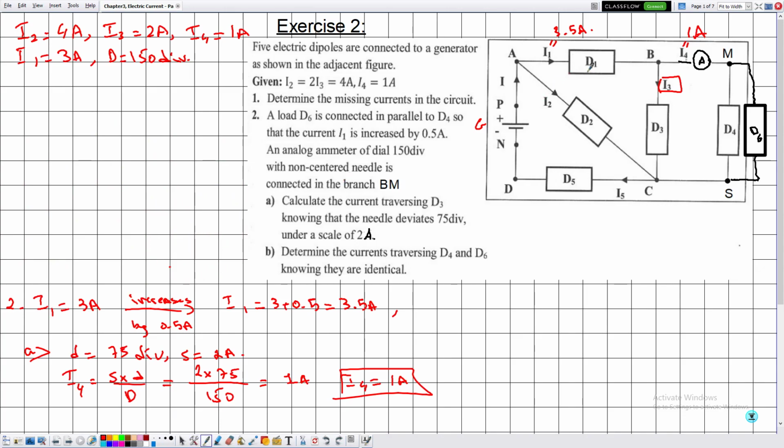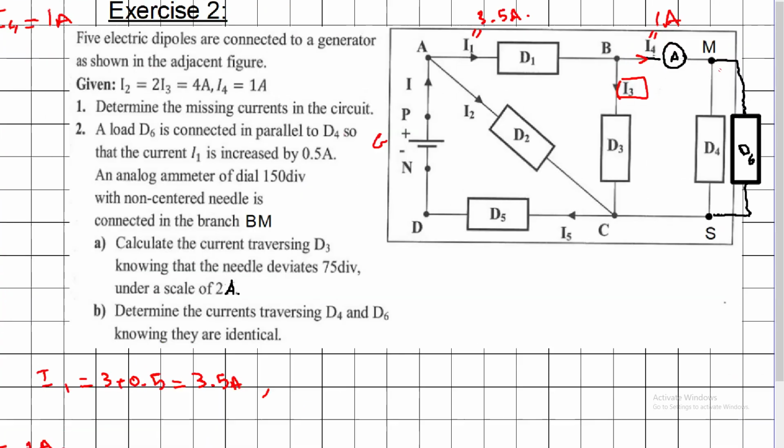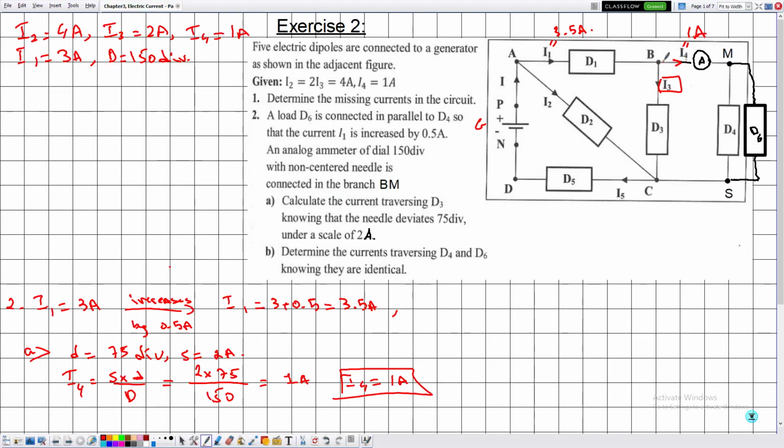And here we suppose also that the direction of the current I4 is from B to M. So adding the load D6 will not change the direction of the electric current. Okay. Now let's apply the law of addition of currents at node B,